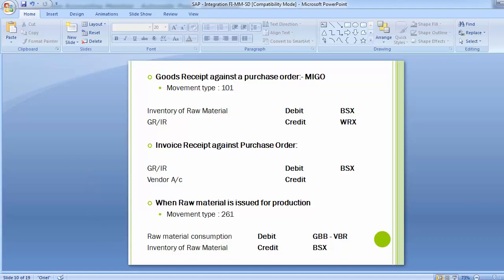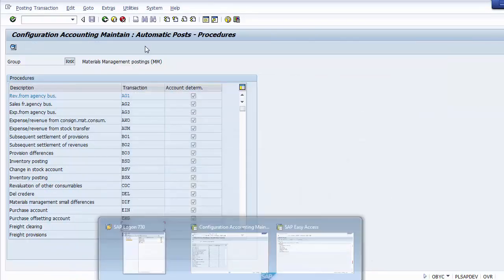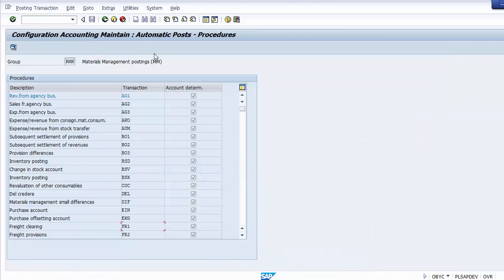You need to go to the transaction that we have discussed, which is OBYC, for configuring the accounting, to maintain automatic posting with the module. In this you can move down and see the transaction BSX. This BSX transaction is used only for the inventory GL.